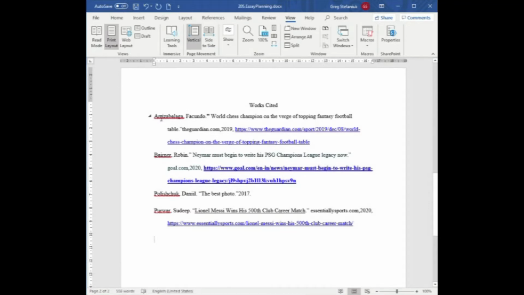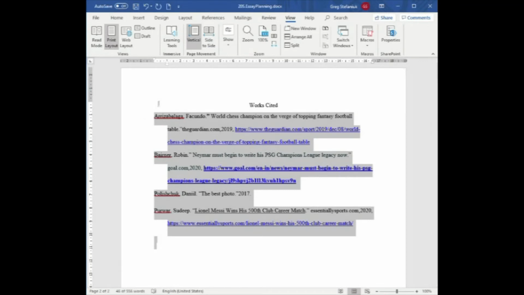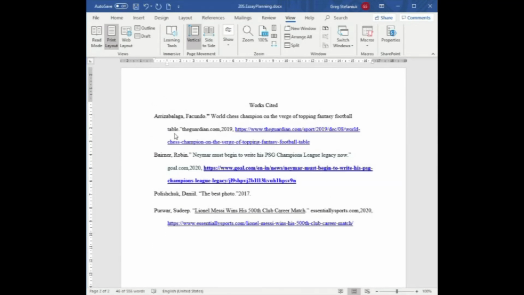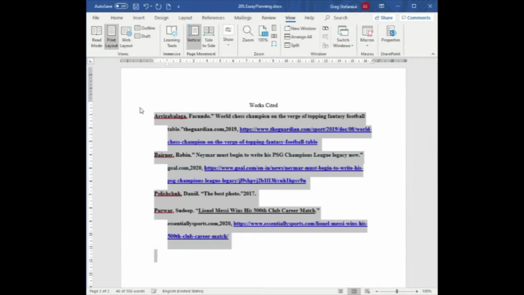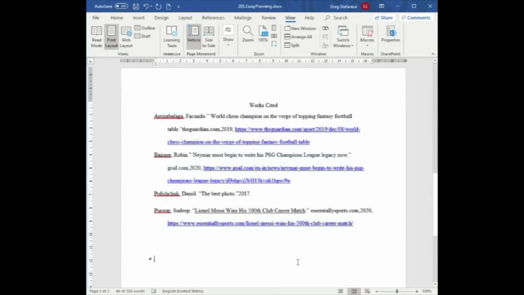So what we have done is we have, first of all, put the entries in alphabetical order by last name. We have included our hanging indent. I see some bold here and some funky formatting, so I'm going to get rid of all that funky formatting. We have messed up formatting with our font. Throw it all to Times New Roman. I'm going to make it all font size 12. There we go. And make it all bold and get rid of all the bold so that it is nice